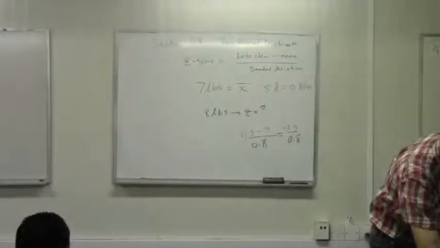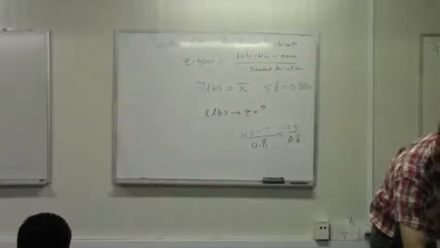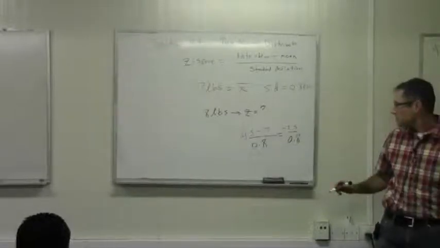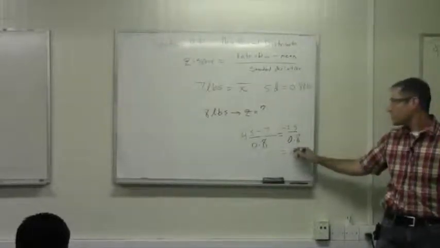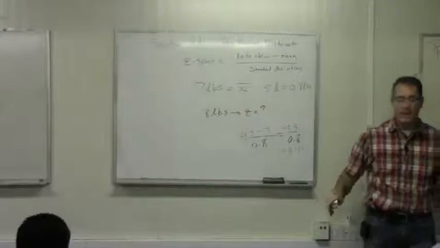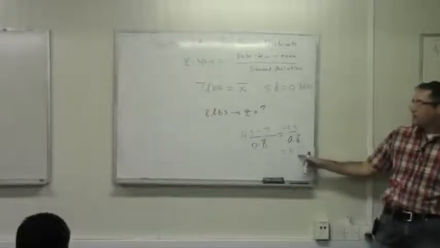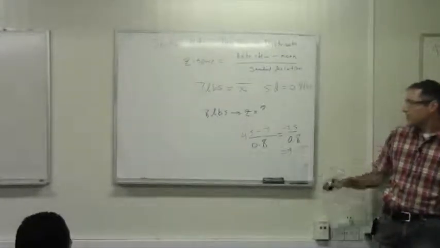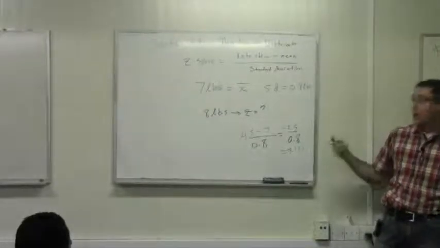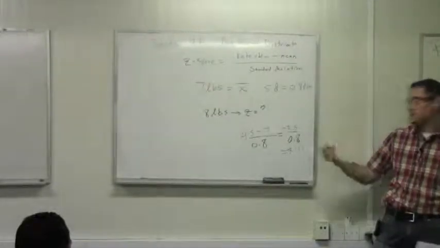Negative 2.5 divided by 0.8 is what? Negative 3.125. Meaning that more than 97% of babies are bigger than poor old Chris is